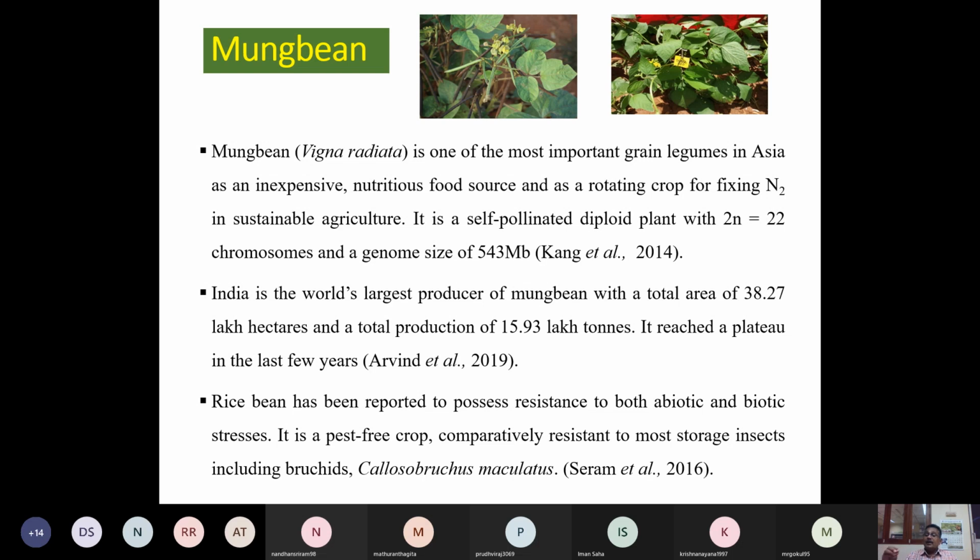Many mapping programs fail, or cannot be very interesting, because when you choose a particular trait of interest, sometimes the trait may not be economically attractive or economically viable. That is one thing. And even when you choose such traits, the parents should be contrasting. That is another problem. Many people use very narrow variation between the parents. That results in you not getting a fine map for a particular trait as a QTL. Again, the nature of gene action controlling the traits is also an important thing.